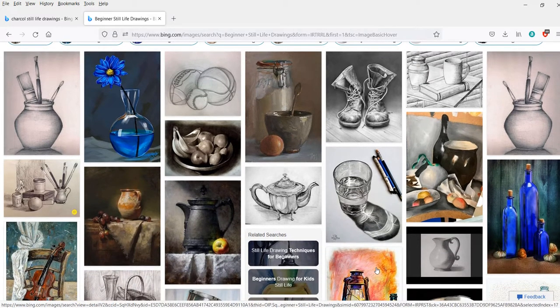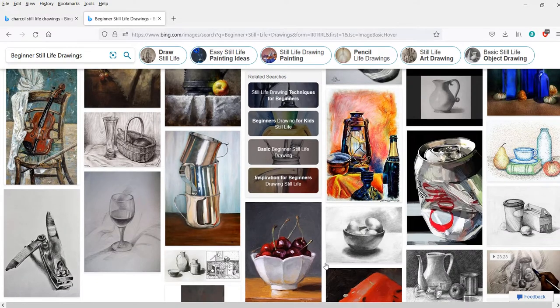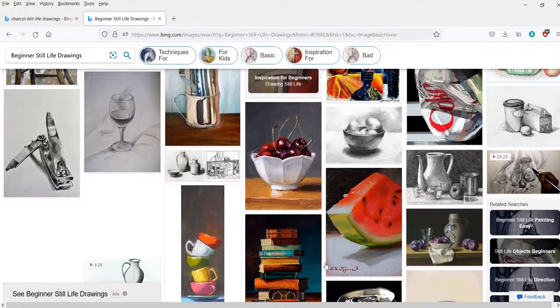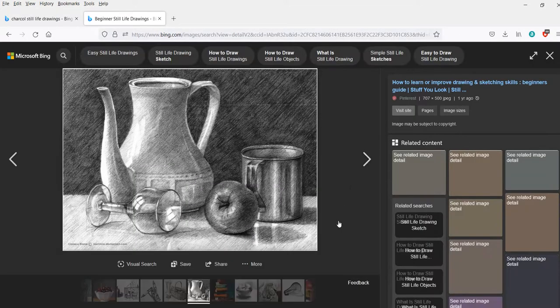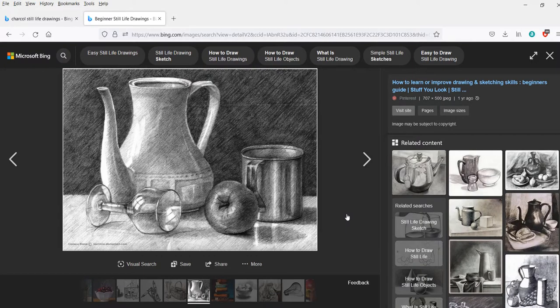Don't put one thing out there, okay? I'll say that again. Don't put one item on the table and draw it. That's not still life, really. Still life is a collection of things, typically. Now, don't hold me to that, but that's at least my perception of it. And that's what I'd like you to do, because you're trying to make a composition, a placement of items in your picture plane.